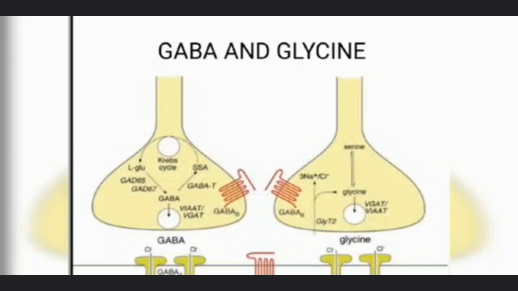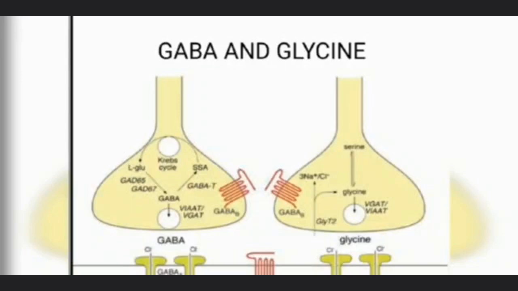GABA A and GABA C are chloride channels formed by five subunits encircling a small pore, like nicotinic cholinergic receptors. In contrast, GABA B is coupled to G proteins. Chloride influx through chloride channels leads to hyperpolarization of the postsynaptic neuron with formation of inhibitory postsynaptic potential. Benzodiazepine, a widely used drug with anxiolytic and sedative action, binds to the alpha subunit of GABA A receptors